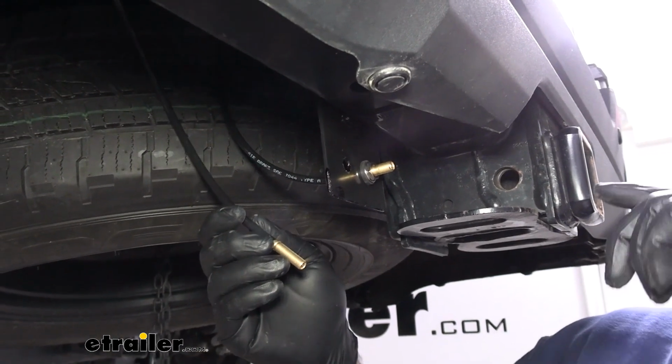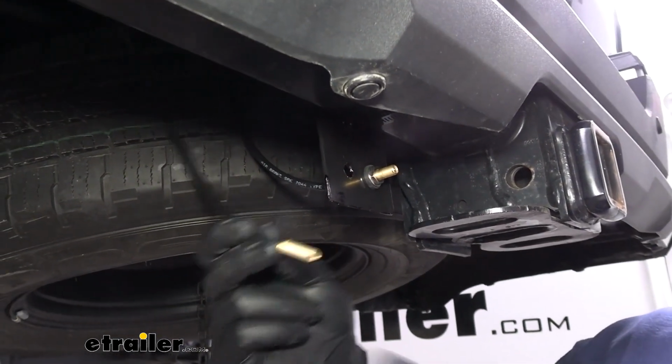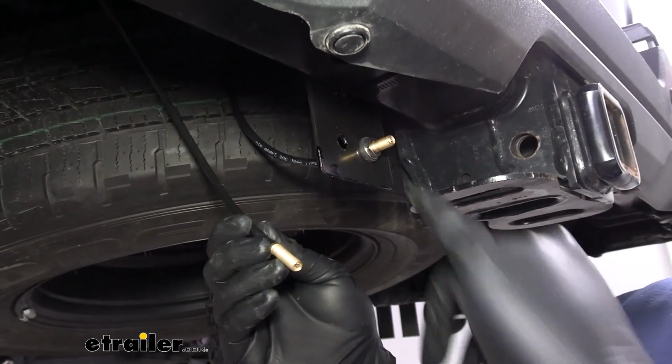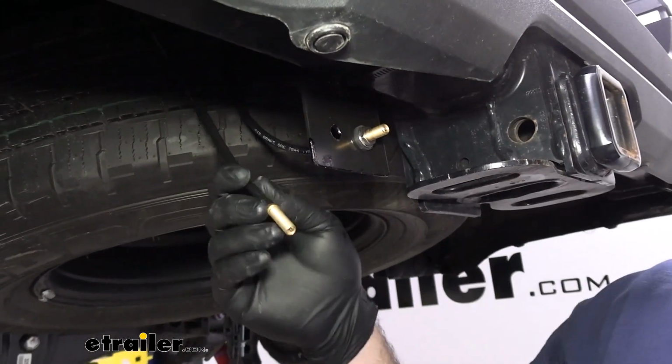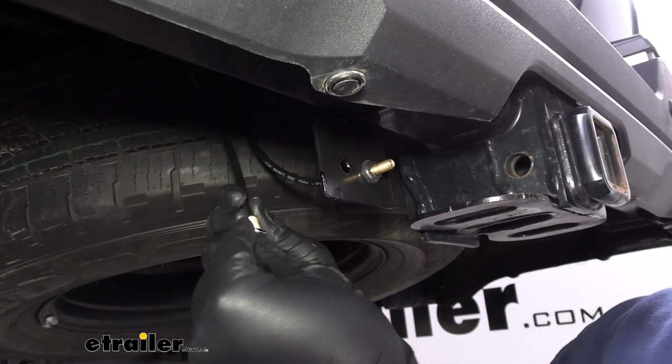A lot of people will also replace the bolts on their license plates with these. It's really up to you. I prefer to put it under the bumper because I think it's safer. So we'll start with putting a nut on,